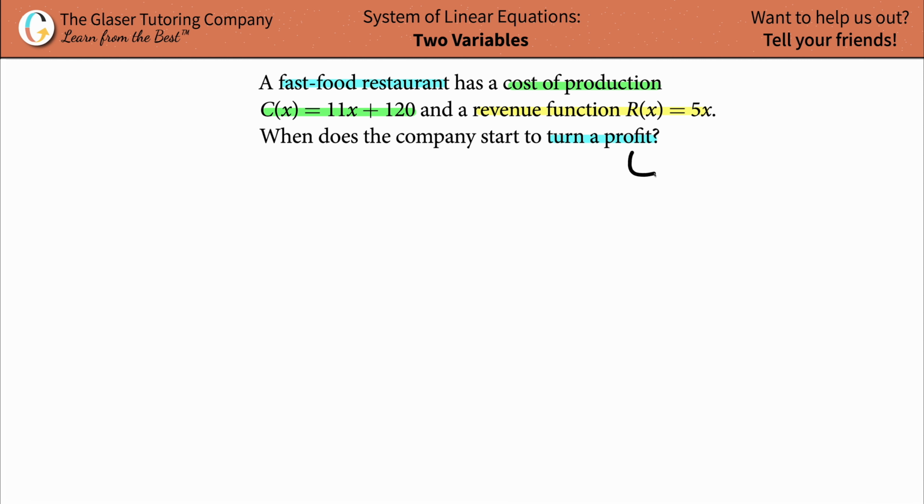Okay, so a couple of definition words here, right? When a business turns a profit, this is kind of like business terminology. Turning a profit means that you are making money. The main goal in a business is everybody wants to make money. But what making money boils down to is that your revenue, the amount that you are bringing in, is higher, so is more than